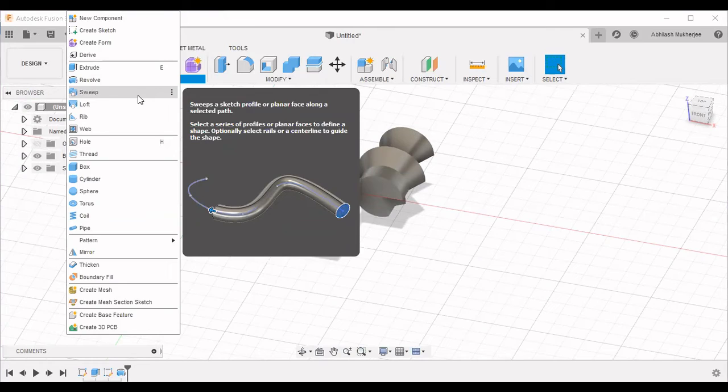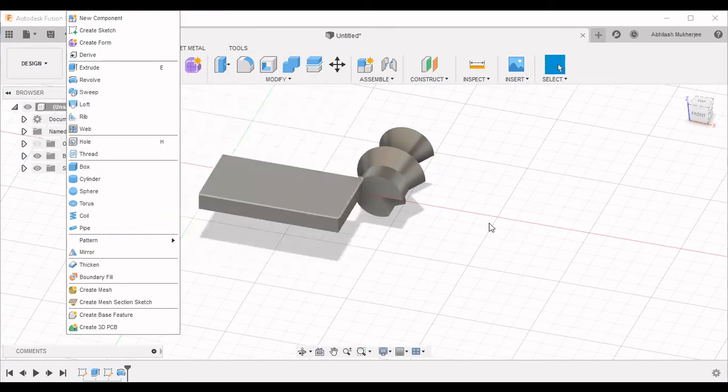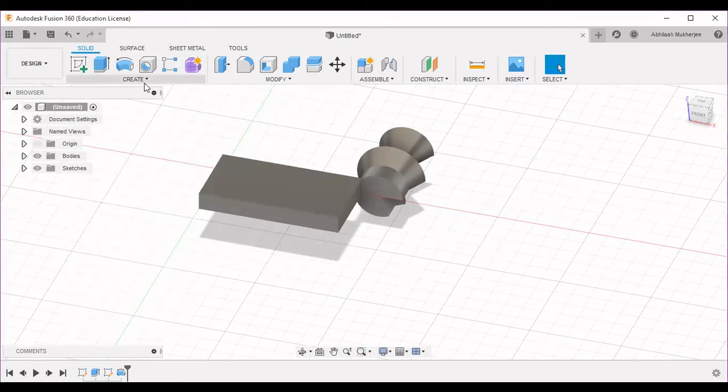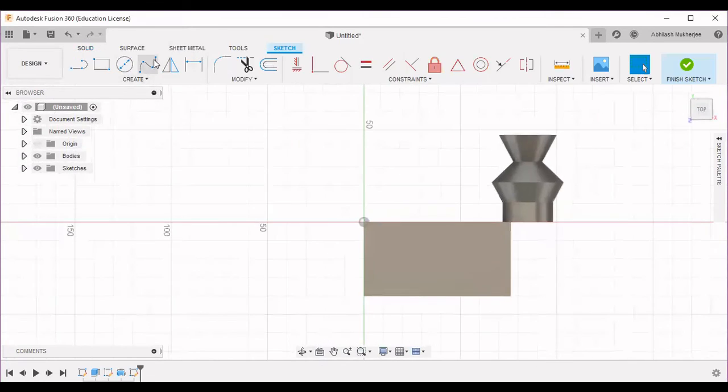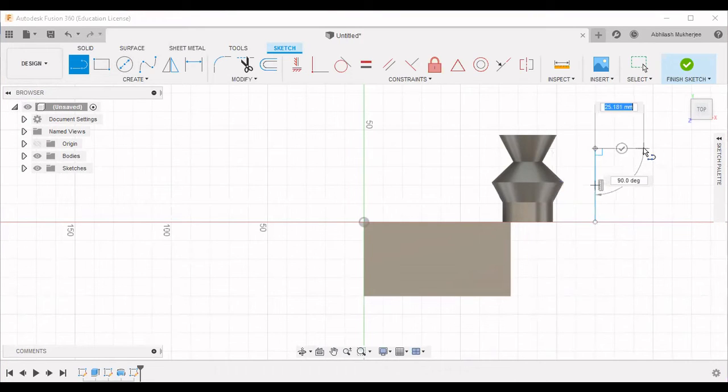We go on with sweep. Now sweep is used to draw something along a line. Let's go to this face, select a line from this point to this point, then this point.